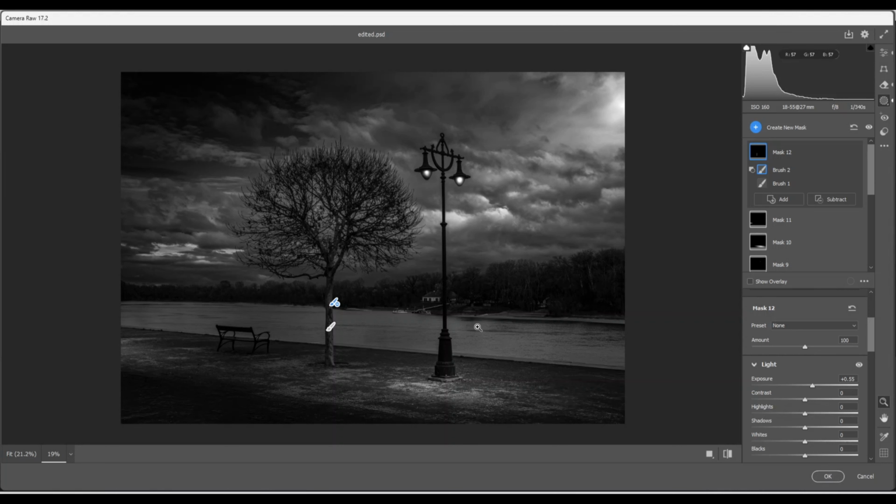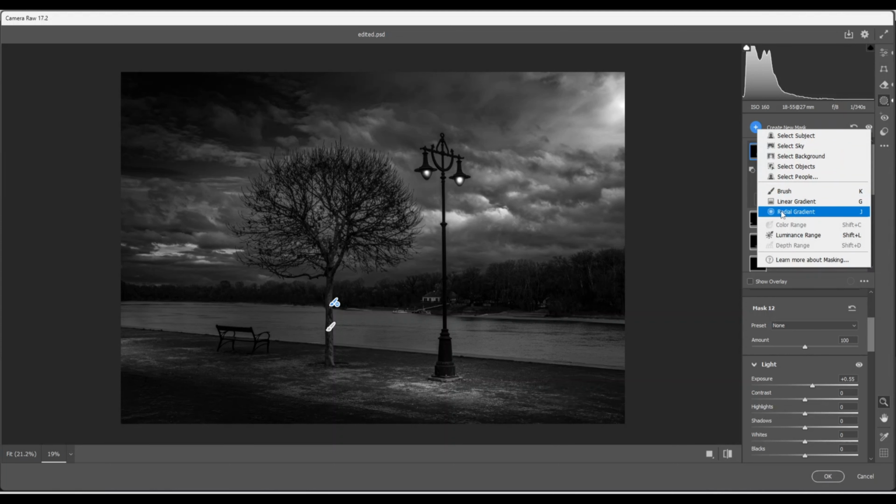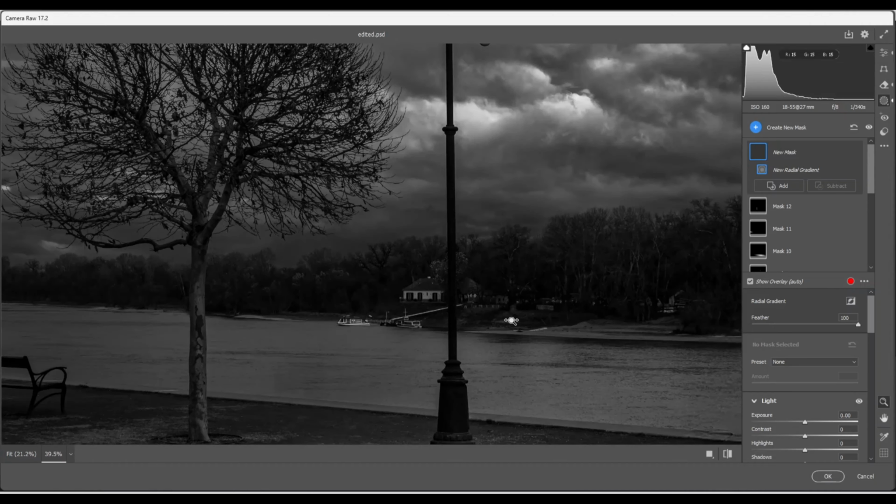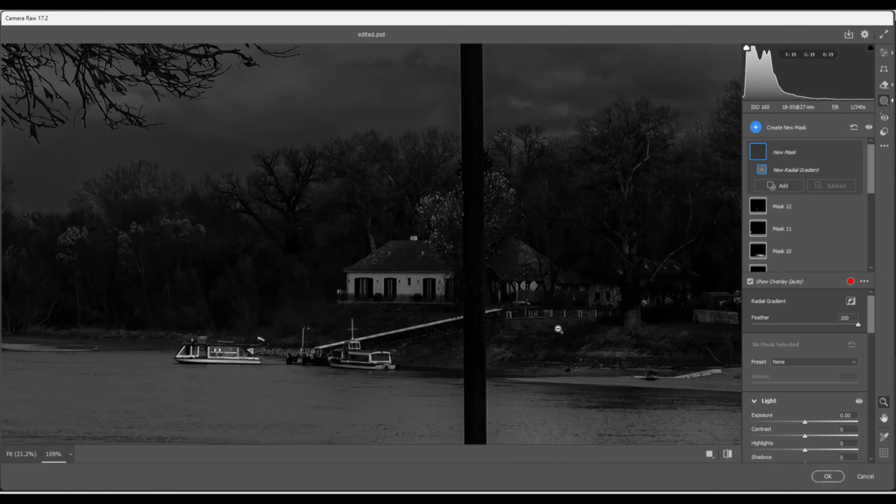And now I'm going to use another radial gradient. And you see this house in the background here. I'm going to give the effect that they have light in the windows here. But we need to increase the size to about there. And I'm going to place a radial gradient. I'm going to increase the exposure